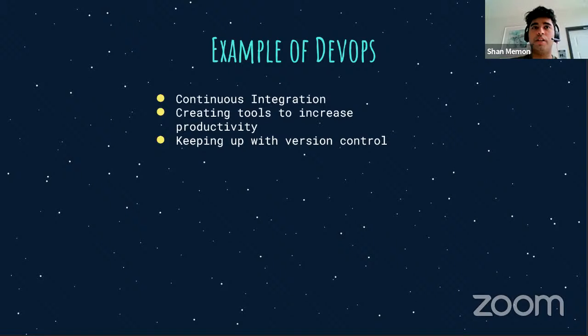Another thing about DevOps is creating tools to increase productivity. This can be for level design or just programming in general. Maybe you'll make a tool for artists to use to integrate in your game. The only time I've ever used or created a tool was for level design. And then another thing is just making sure the version control is working correctly and there's no conflicts there. You basically want to make sure all your engineers are happy developing.